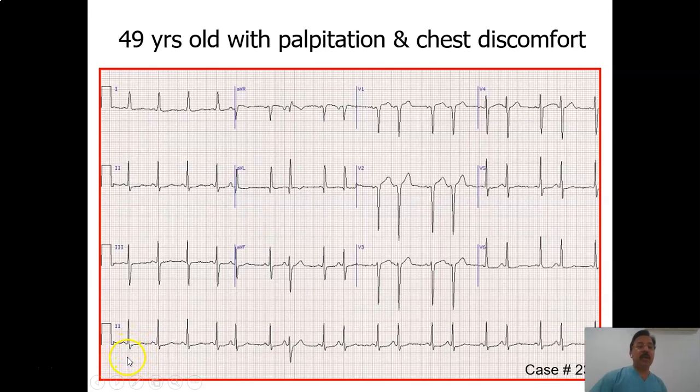So for 6 seconds, we have to calculate the 30 big boxes. So it's here 1, 2, 3, 4, 5, 6, 7, 8, 70, 80 beats per minute is the ventricular rate. Rhythm, this is irregular, and